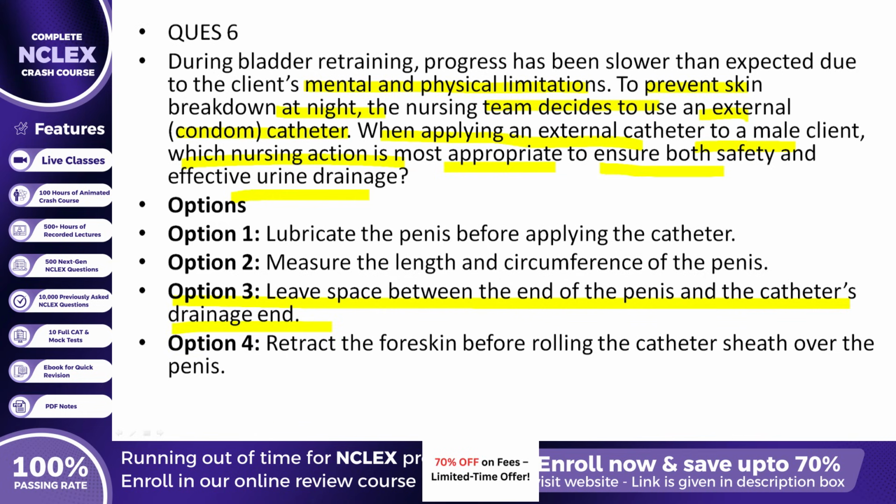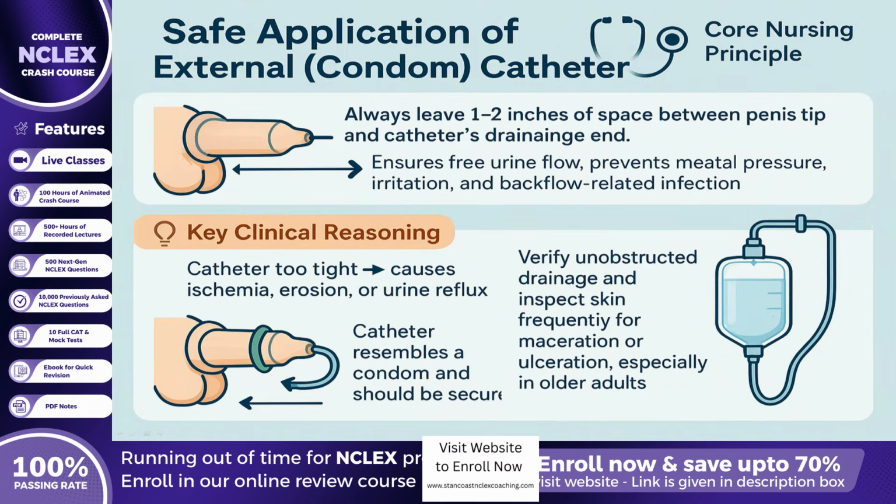Expanding on this rationale, this question tests your understanding of safe and evidence-based practice when using an external catheter, particularly in clients with limited mobility or cognitive impairment. The most appropriate action is to leave about 1 to 2 inches of space between the tip of the penis and the catheter's drainage end. This small gap ensures free urine flow, reduces friction and pressure on the urinary meatus, and prevents irritation or tissue damage. If the catheter is applied too tightly or without adequate space, urine may backflow, leading to infection, meatal erosion,